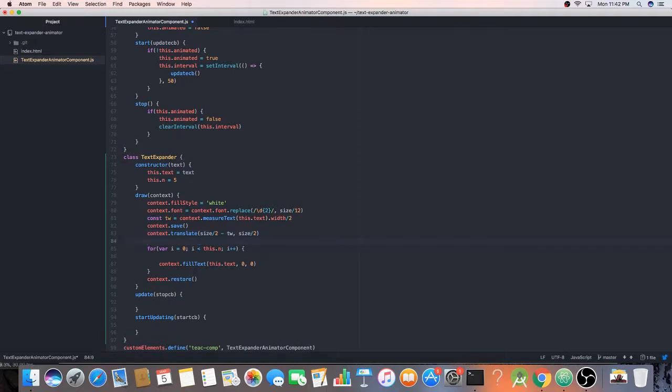Now I have to rotate and scale this thing. So I will rotate it for 360 degrees, or 2 times Math.PI in radians, sorry, and